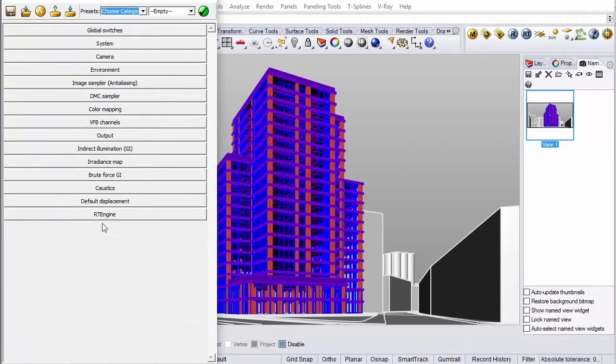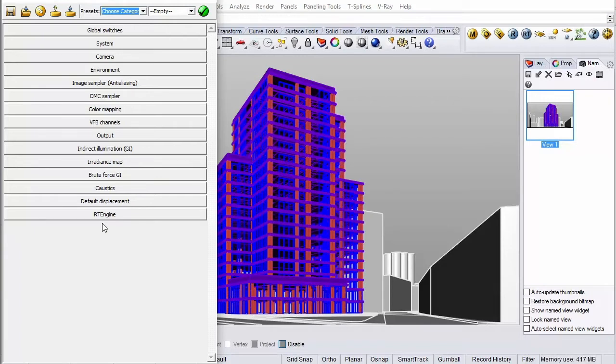And there's a huge number of options that all do things that are extremely complicated. And so it's a bit beyond the scope of this video to explain exactly what each parameter does. But what we're going to do is create some very basic settings that will create very good results with both interior and exterior renders. So you can use this as a very good template.